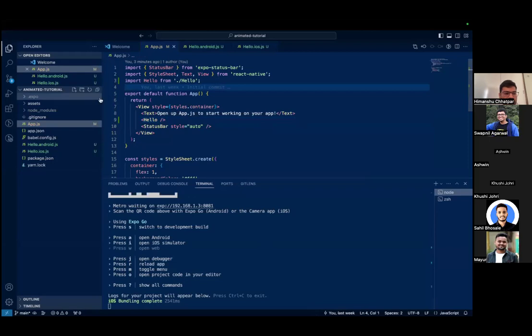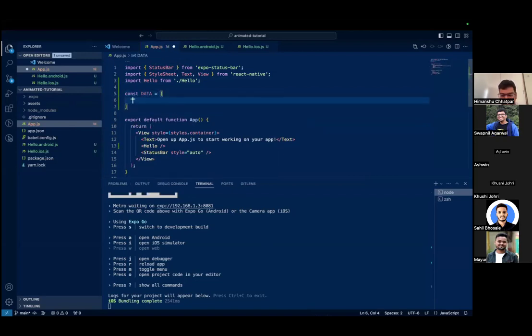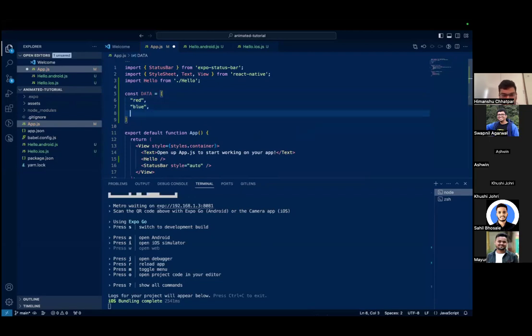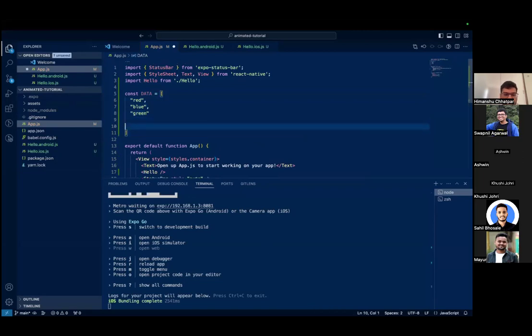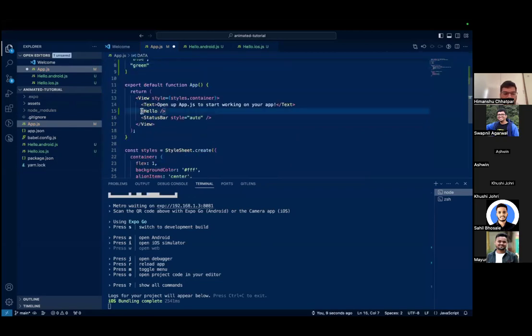So what I'll do is I'll make a const data and let's have some colors, right? Red, blue, green, and I'll make some UI associated to it, right? So what I'm thinking is I'll just make a square and get the color from this data. Cool. So to make a square, what I can do is